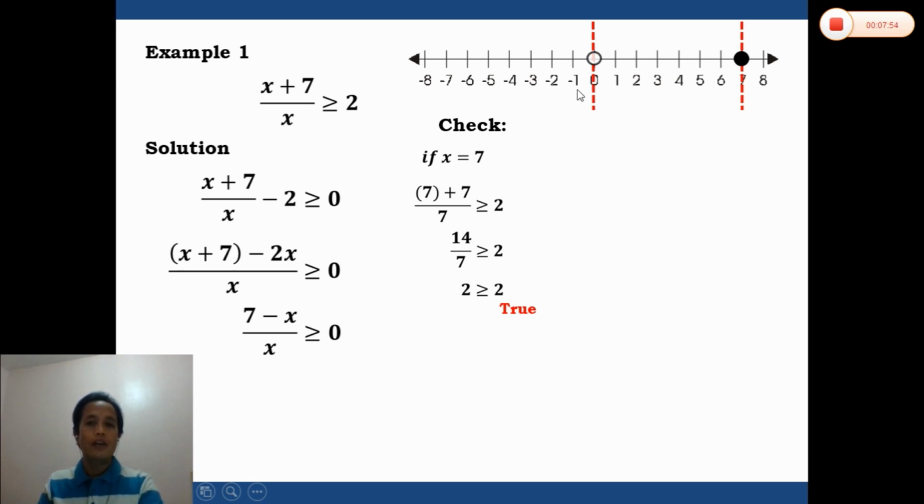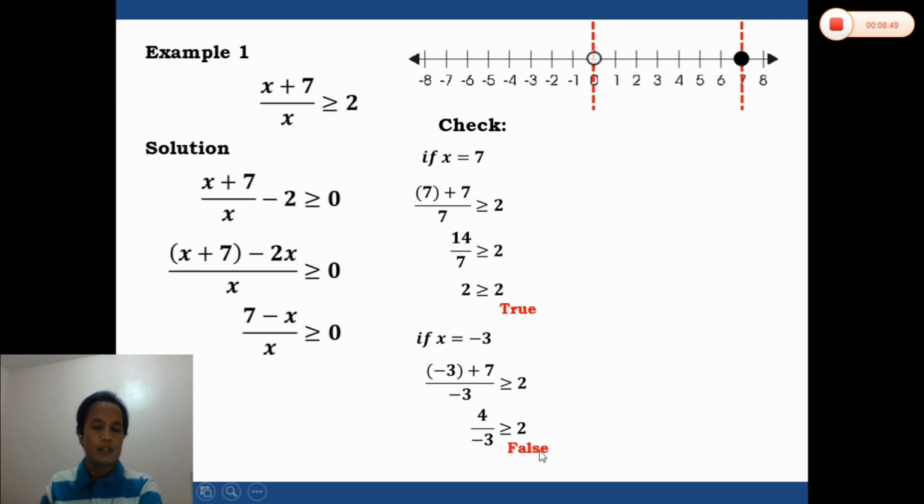we have to check one value from each of the regions in the number line. So from this region, we need to check one value to see whether this region will give us a true or false statement. For example, we choose negative x from this region. So if x is equal to negative 3, we will substitute, go back to the inequality. So that is negative 3 plus 7 over negative 3, which is greater than or equal to 2. So negative 3 plus 7 is positive 4 over negative 3 is greater than or equal to 2. Now, since this is negative and 2 is positive and any negative number is less than positive, so this is